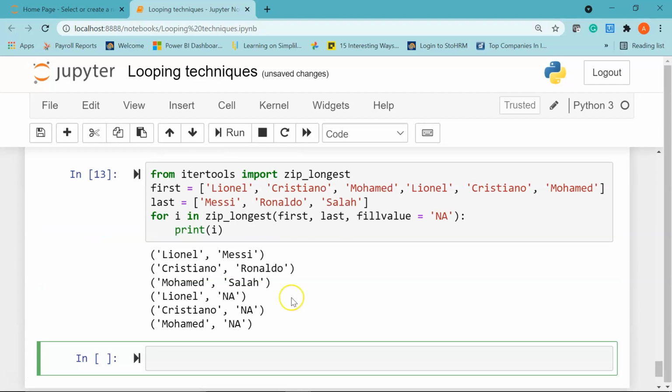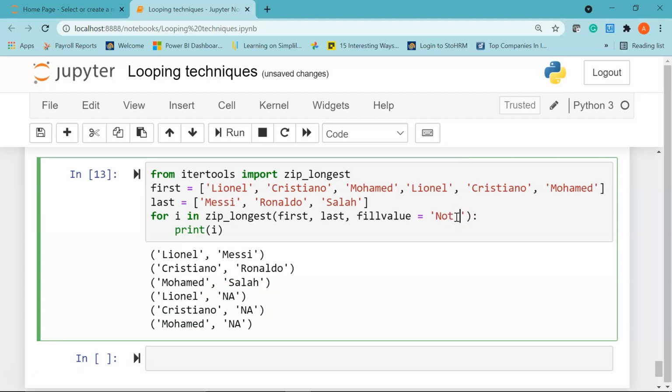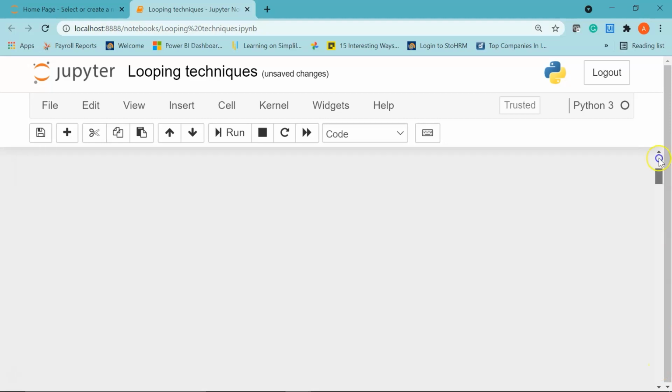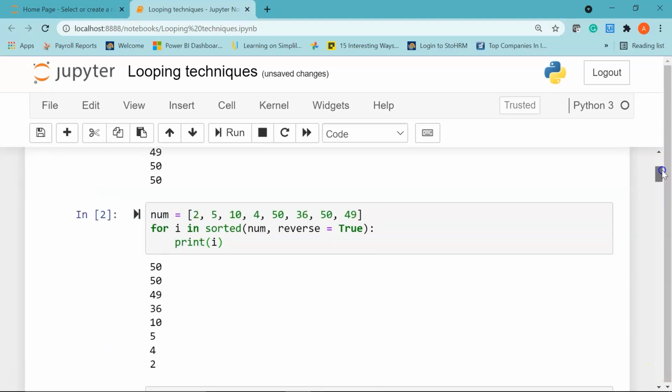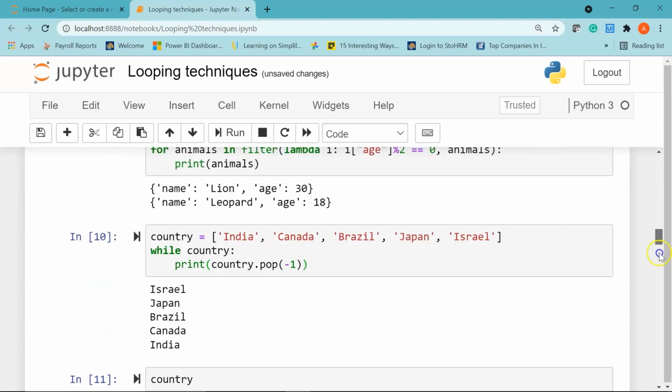If I run it, you can see here for the last 3, now we have whatever we have defined within the fillvalue parameter. You can change this to, let's say, not defined. There you go.